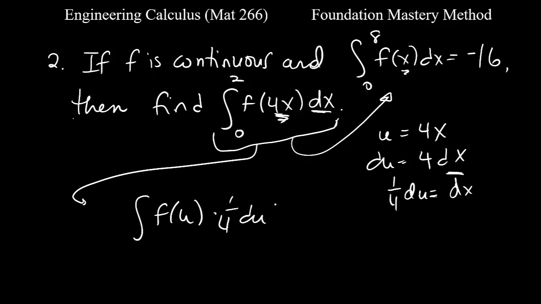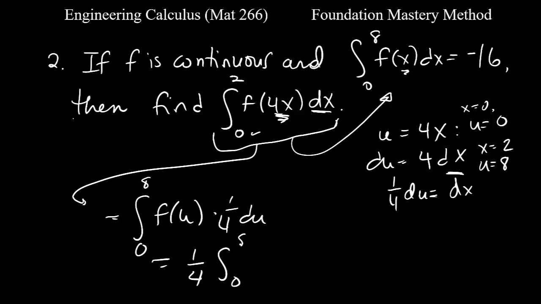And now let's go ahead and change the limits of integration. So when x equals 0, we have u equals 4 times 0, or 0. And now when x equals 2, we have that u equals 4 times 2, or 8. So now the integral from 0 to 2 of f of 4x dx equals the integral from 0 to 8 of 1/4 f of u du, which is the same as 1/4 times the integral from 0 to 8 of f of u du. And this right here